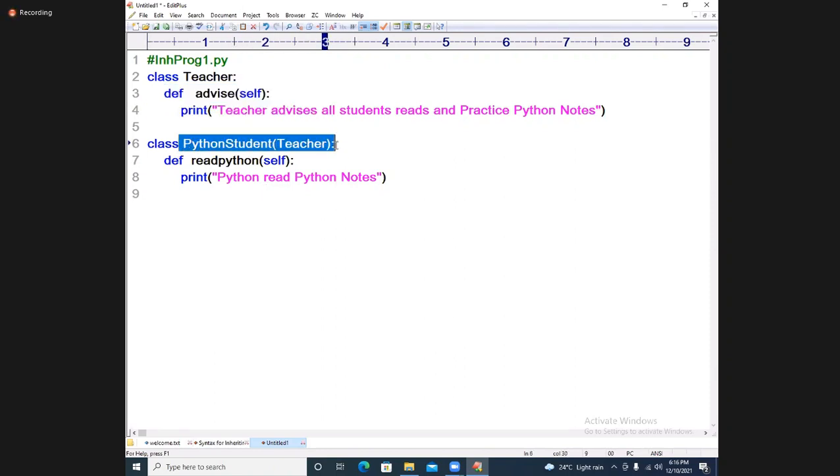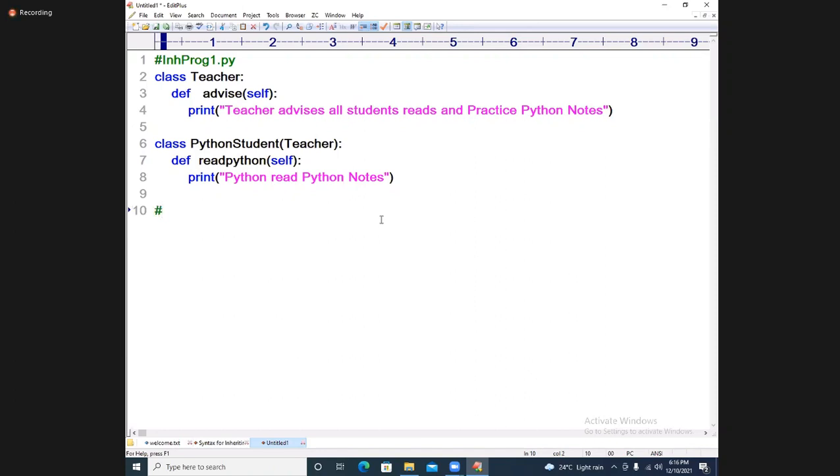Which type of inheritance is it? Come on, easy. Such simple examples are called single inheritance. So which object would I like to create? Now the main program I am writing.